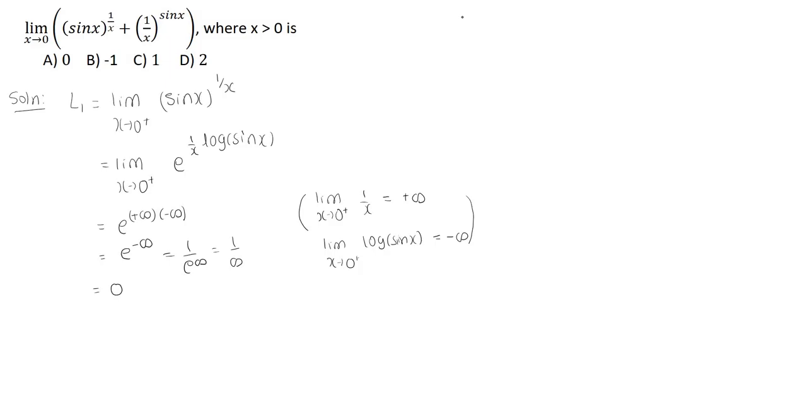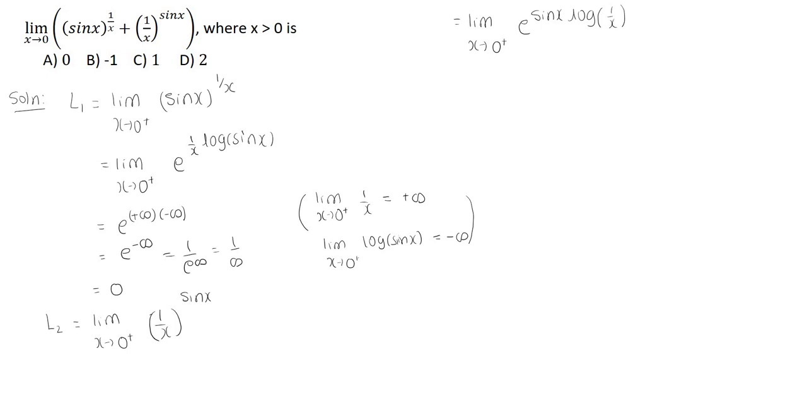Now let's see the other limit, L2, that is equal to limit x tends to 0 plus (1 upon x) raised to sine x. Again, converting in exponential form, you can rewrite this as limit x tends to 0 plus e raised to sine x into log of